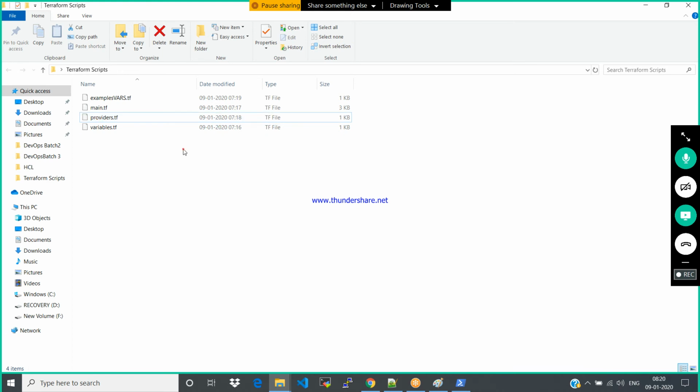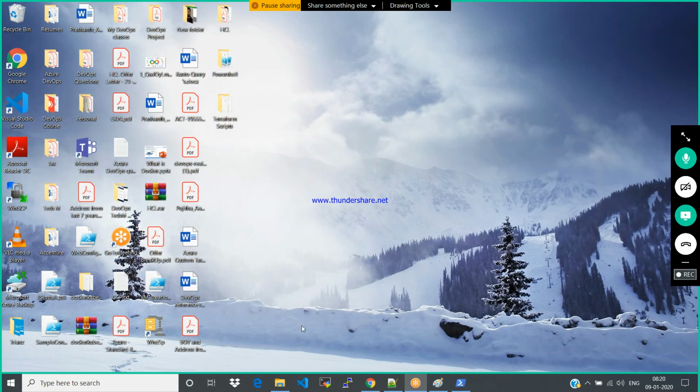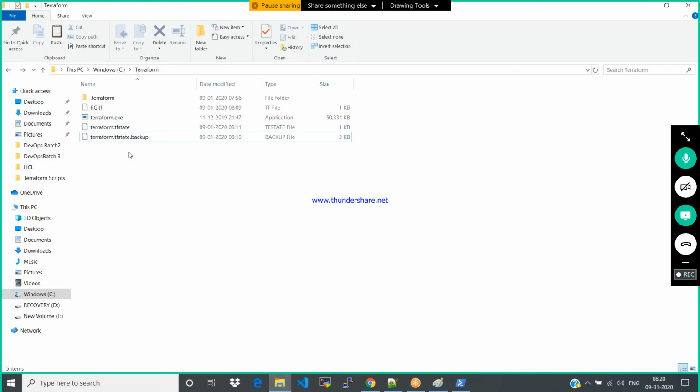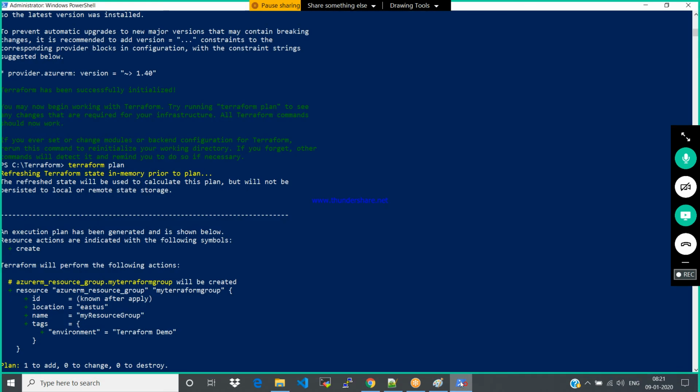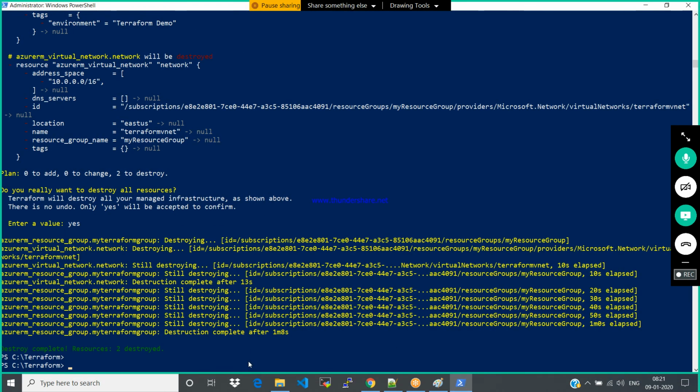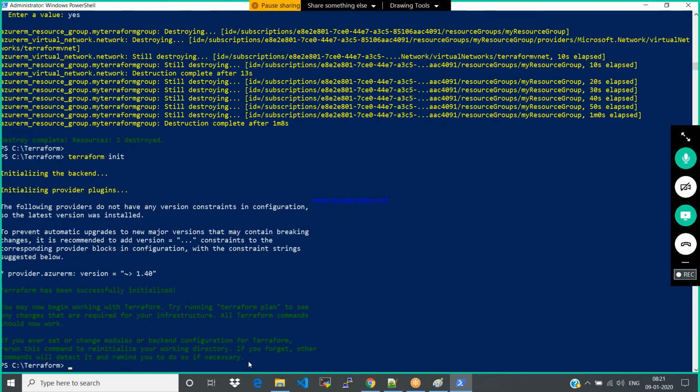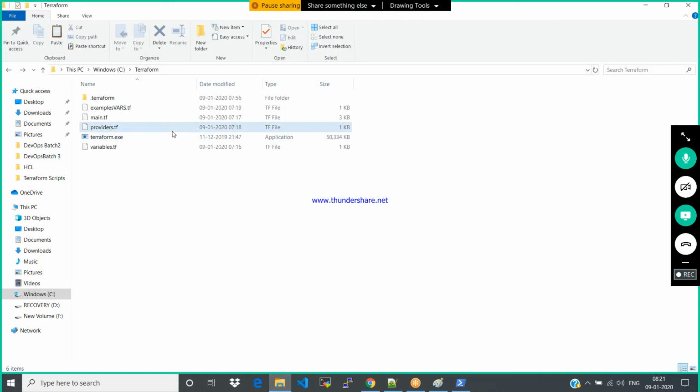Now let me put all these files here. I'm going to delete all this. Now we have the files, right? Now what I have to do again is terraform init. The plugins are already available. The plugin is nothing but the .terraform folder. This one. If I delete it,